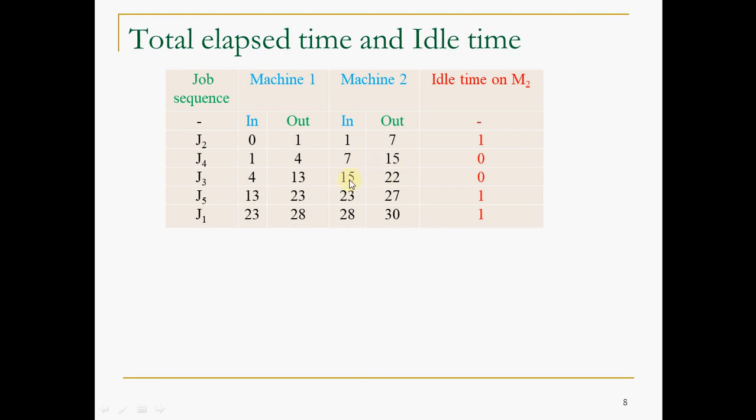So then this 15 will become the in time. And here you have to be a little bit careful. So 15, 22. So job 3 has been completed on machine 2 by 22 minutes. Please note that job 3 has been completed on machine 2 by 22 minutes. But machine 1 is not giving job 5 to machine 2 till the 23rd minute. So if you write 22 here, what is wrong? Though it is not ready, you are loading it, which is a meaningless concept.